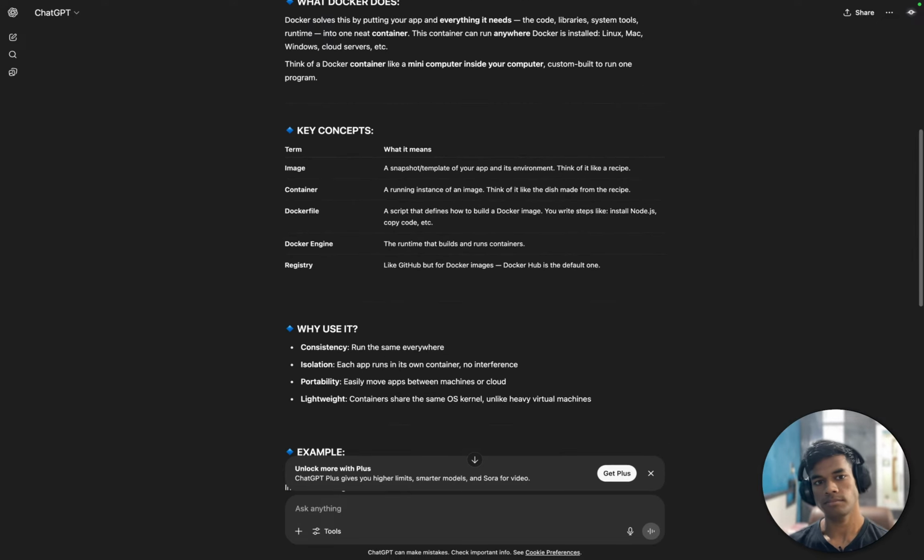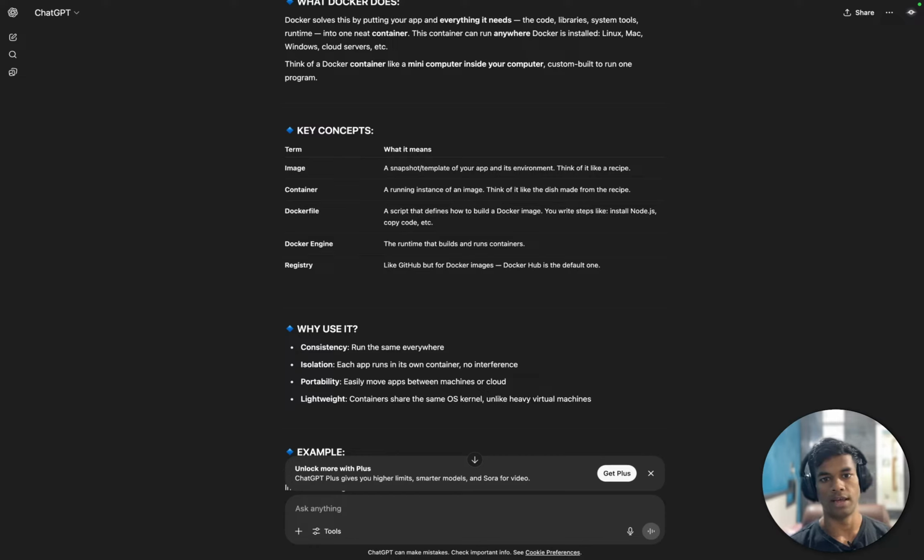Image: a snapshot, a template of your app and its environment. Think of it like a recipe. Container: a running instance of an image. Think of it like the dish made from the recipe.